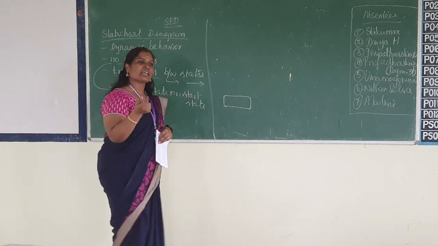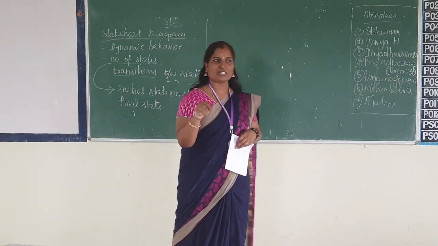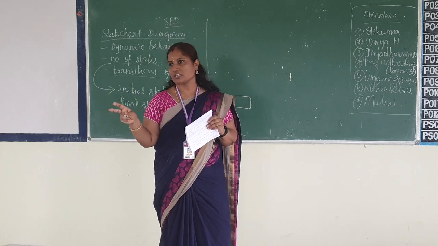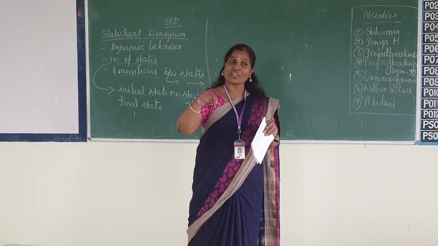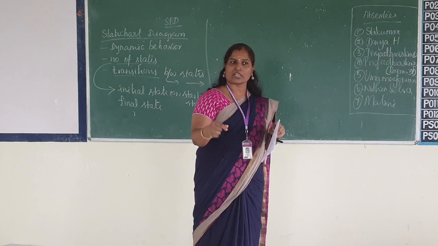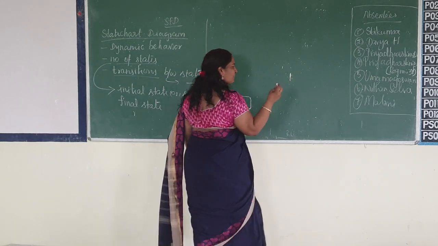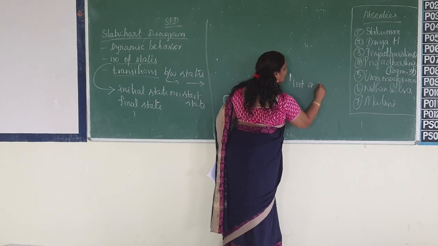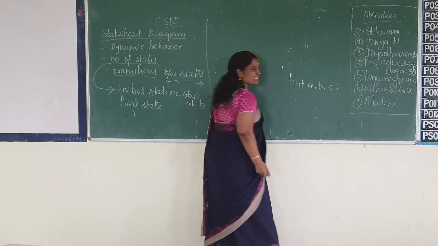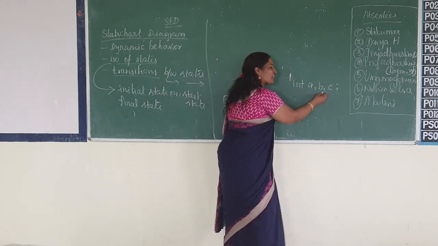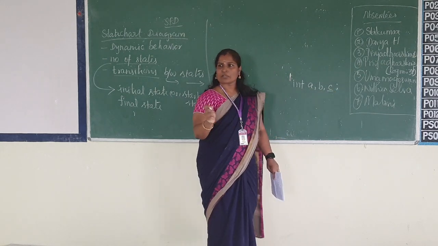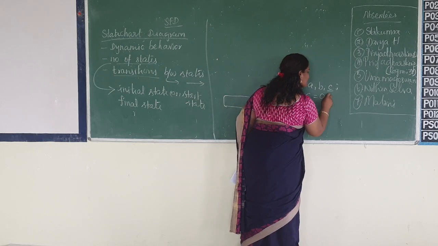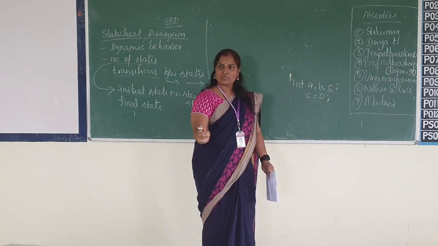So when it is assigned some value, it is going to be used for some process, and that object is going to be involved in any of the operations. So S1 we consider some normal integer variable itself. I have integer A, B, C, three variables I have declared. Initially I have just declared the variable C. Later on I am assigning C is equal to 0. It has got some value.